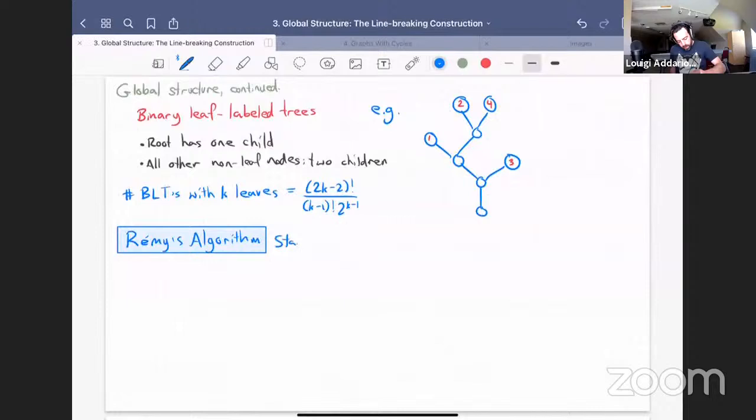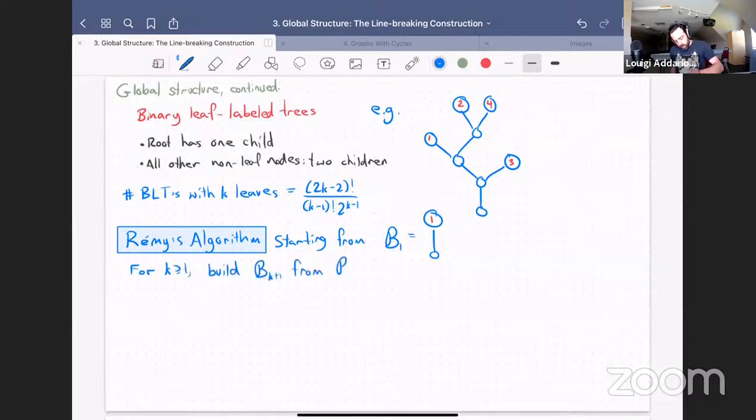Starting from, there's only one leaf-labeled binary tree with one leaf. So that's just this tree. Then we'll generate a sequence of such trees as follows. For k at least 1, we build b_{k+1} from b_k